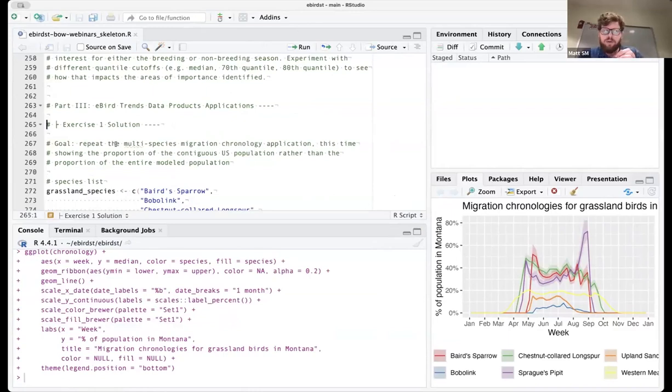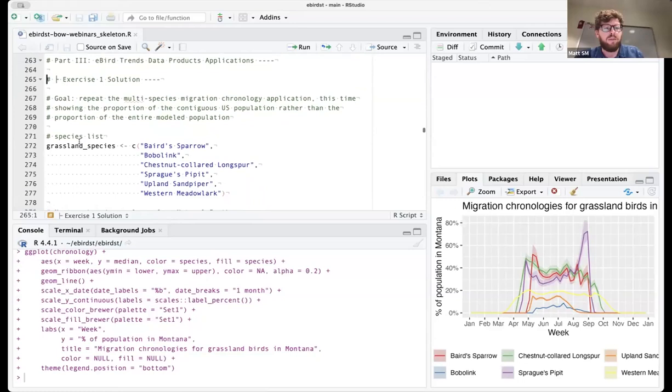I'm going to take up the 2 exercises I gave to you all at the end of last session. This is all in basically the same R script as I've been using for all 3 webinars, so if you already have the link, it's the same link. And I guess maybe Andrew or Tom, you could just repost that link for people that happen to not have it. But today we're going to start around line 263.